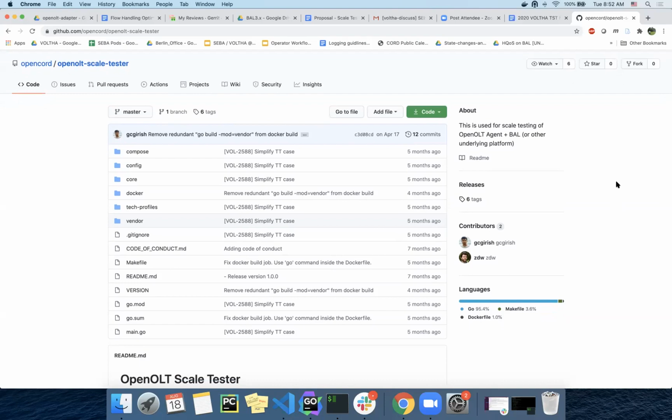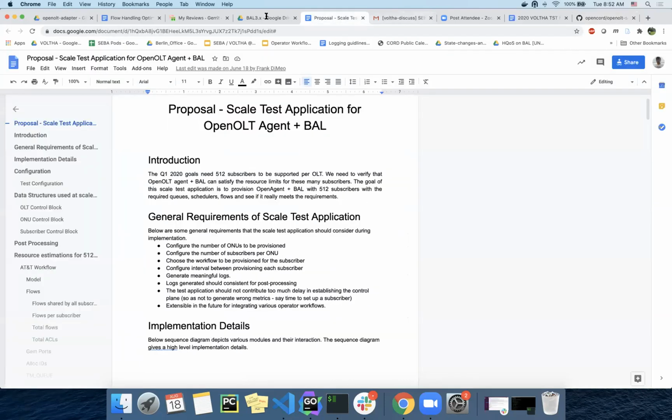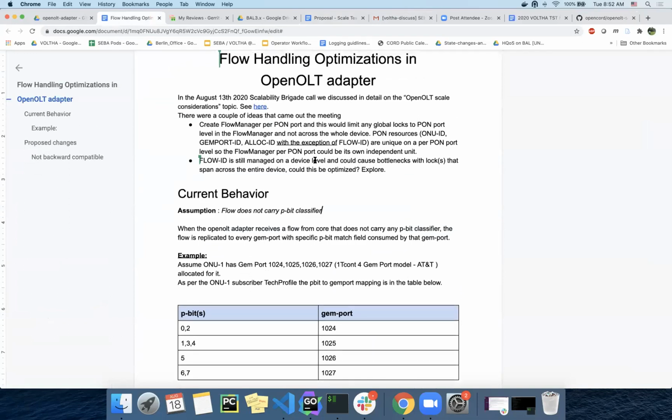Fair enough. Let me just summarize the discussion here. Where was the document? So the first part of the change was pretty simple. It was hardly a few hours of work. So this is done, and let this merge. For the next part, before I do any change on the adapter,